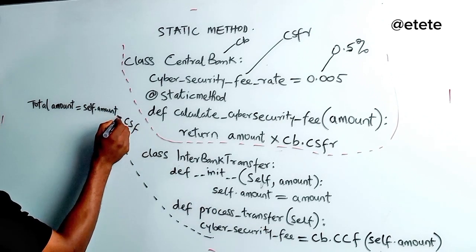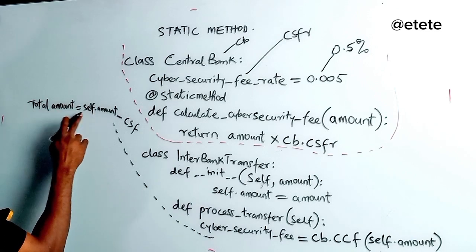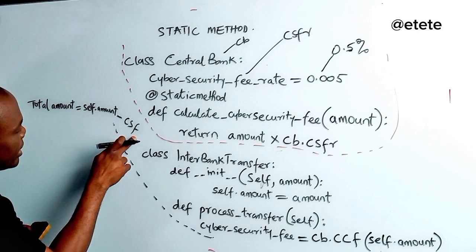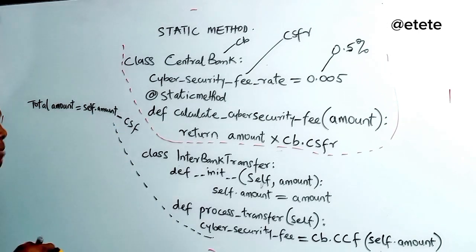CSF, right? That will be the total amount. Total amount equals self.amount, which is the amount that is supplied, minus CSF, will be stored inside this total amount. So what I'm going to do now is